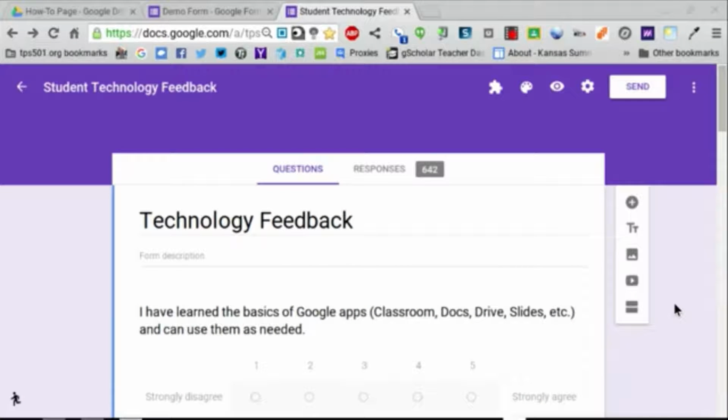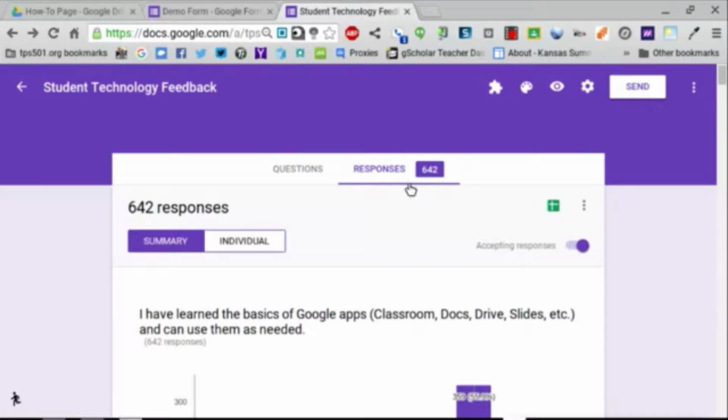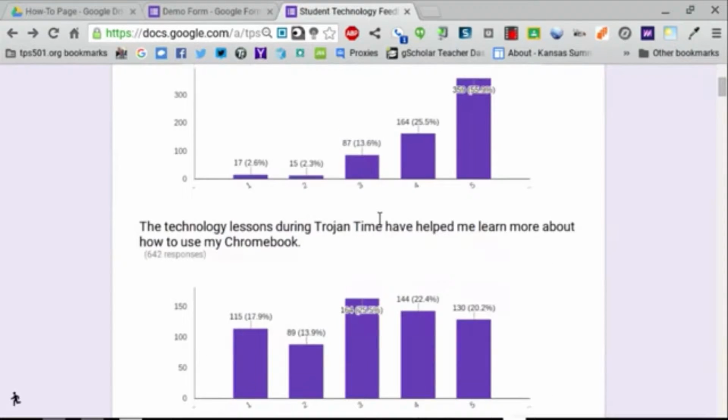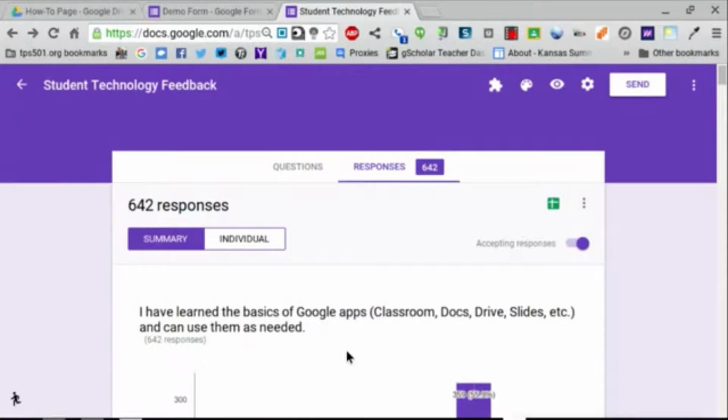Let's look at the response spreadsheet for the Google form. So once you start a Google form and you click on responses, after you have some people fill out your form, instead of looking at the summary of the data, what you can do is have all of this data be put into a Google spreadsheet, and then you can look at it and organize it that way within the